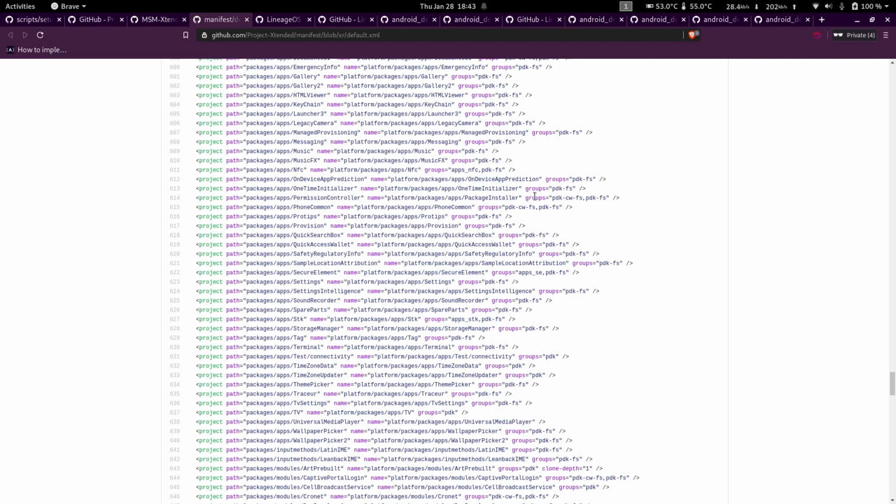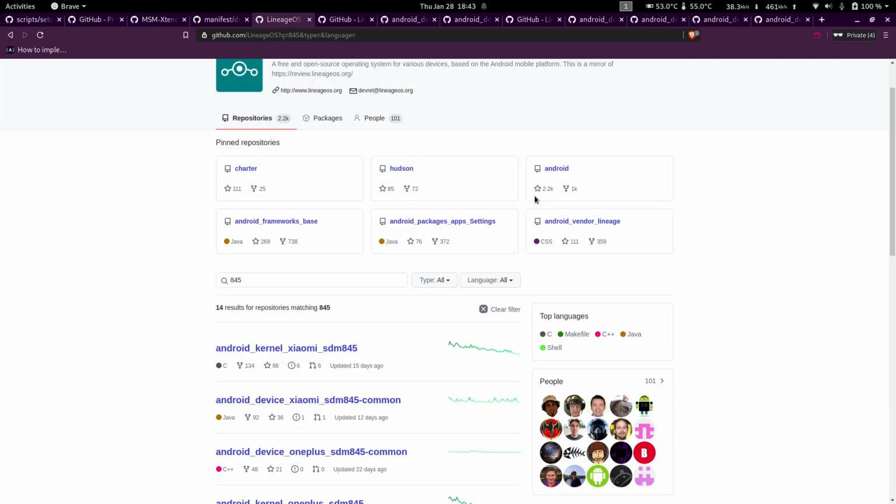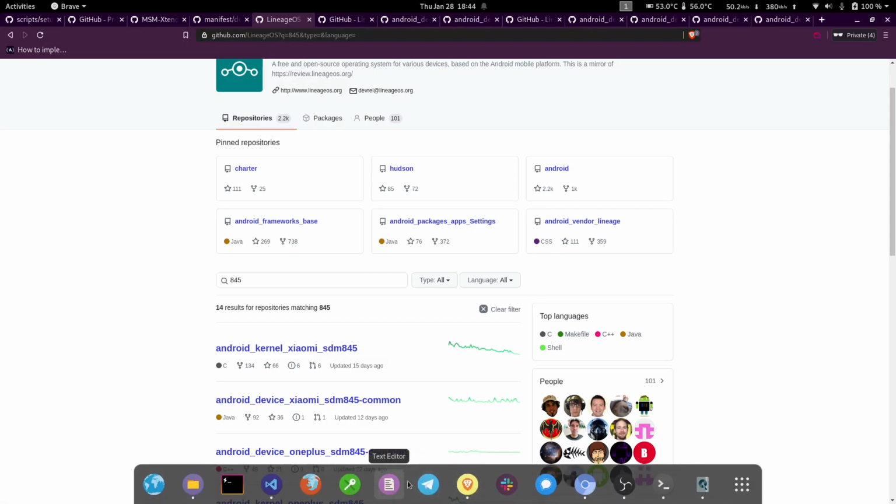Also, if your device doesn't boot for some reason, or if you're facing too many SELinux policy issues, you probably want to try building a permissive build. You could just Google how to build a permissive build. I could tell you right now, but I don't think it makes sense. But anyways, you just add this line. Okay, let me show it to you on my actual device.